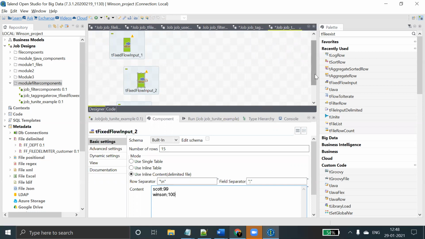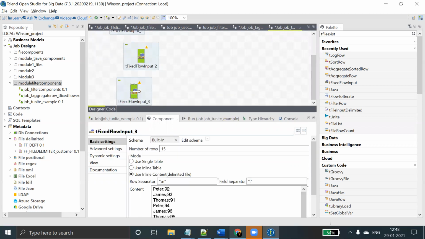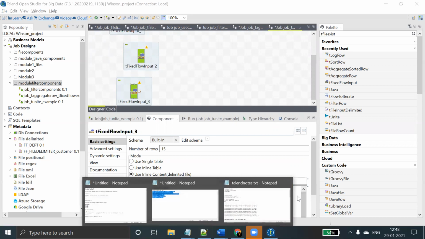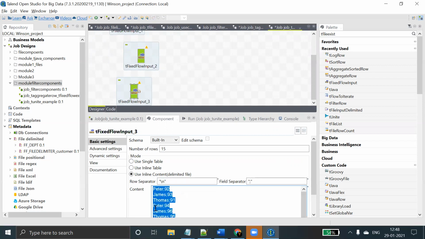Like this, this is another output. Here also I'm using 100.